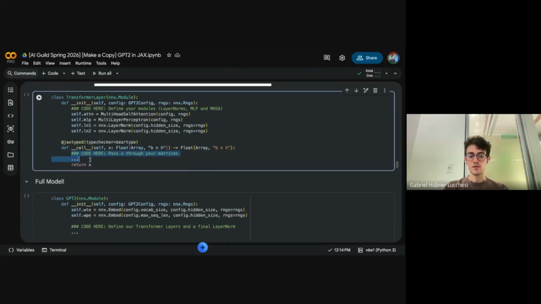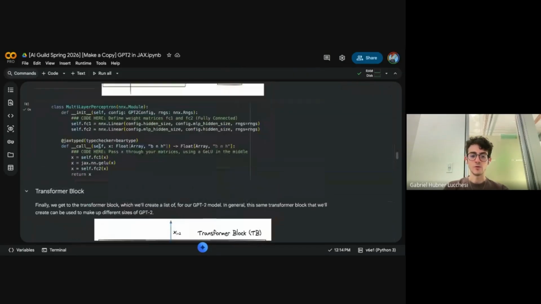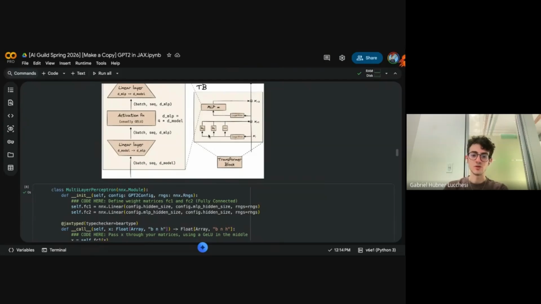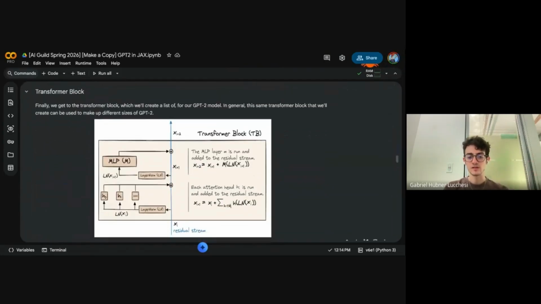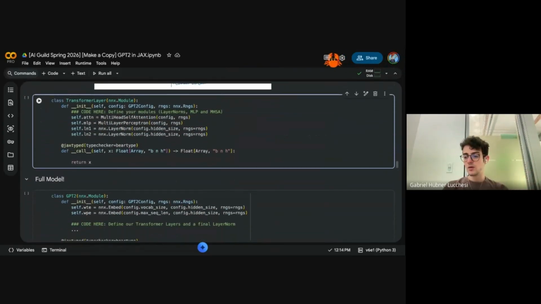And now we have defined the call method, right? Which is that pipeline that I was showing. First, we do the layer norm on X, and then we calculate the attention and add it back to itself. So I'm just going to go through this really quick. We have to add it back to itself, or I can do this slower.